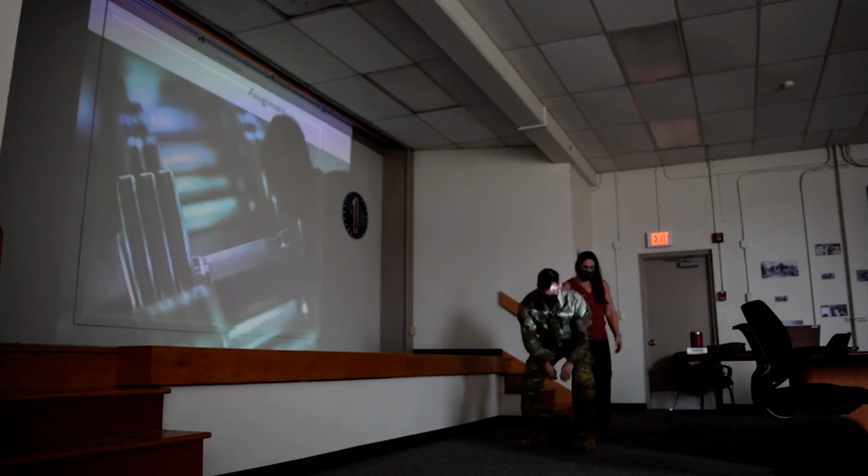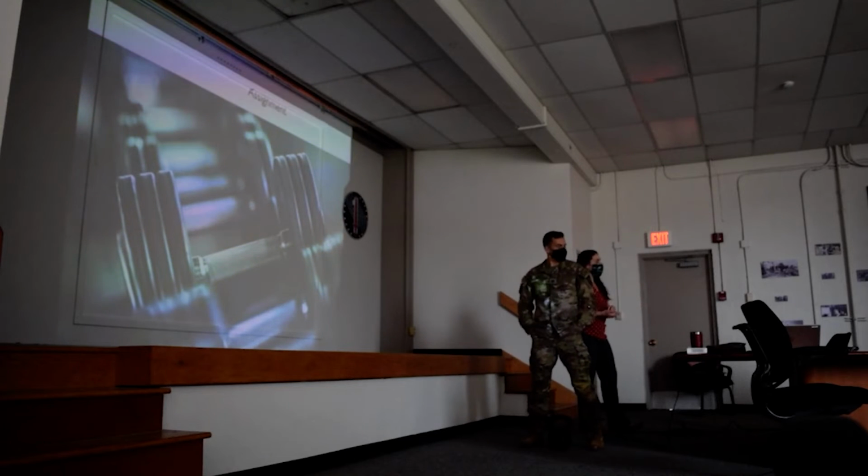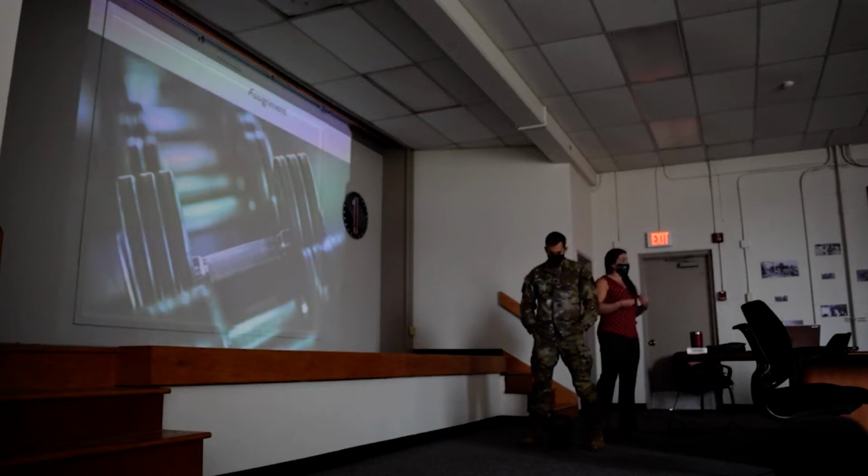Thank you. Okay, so all of those exercises that you listed were really great. Some of the ones that I would specifically love to focus on would be things that require a powerful hip, right? So when we look at this lumbopelvic hip complex and how important its role is in triple extension to impart power on some of the things that you're doing in the ACFT tests, we really want to come back